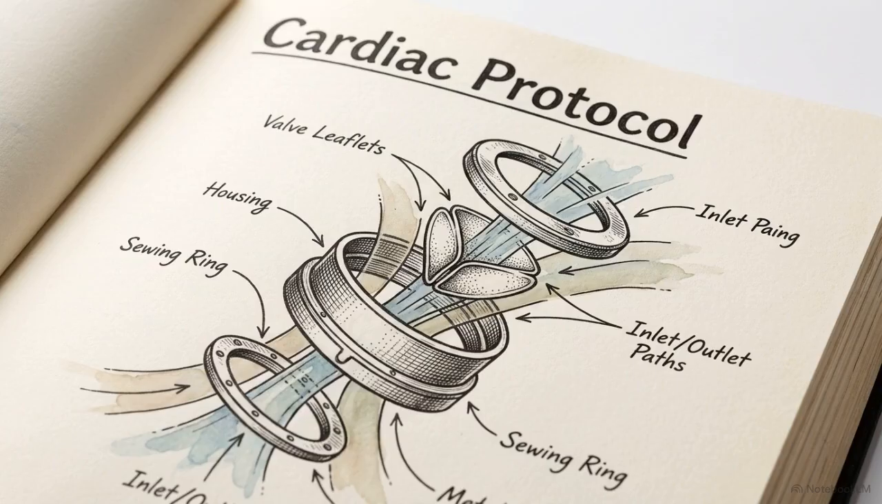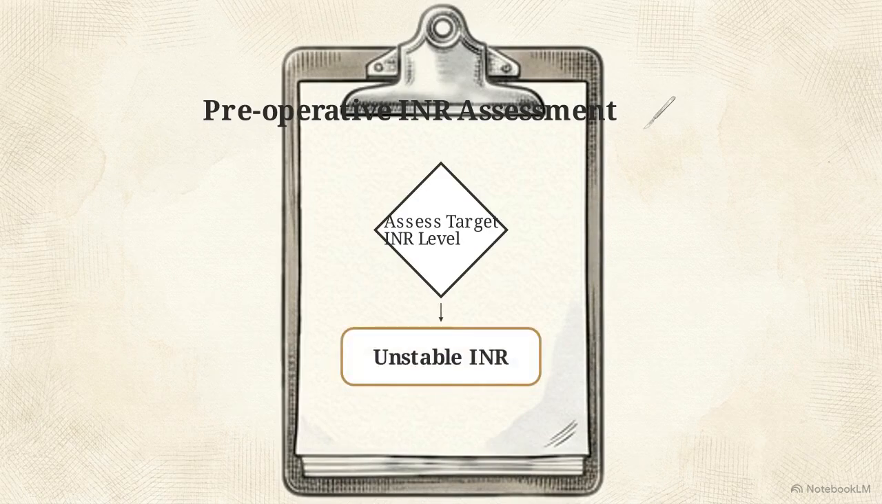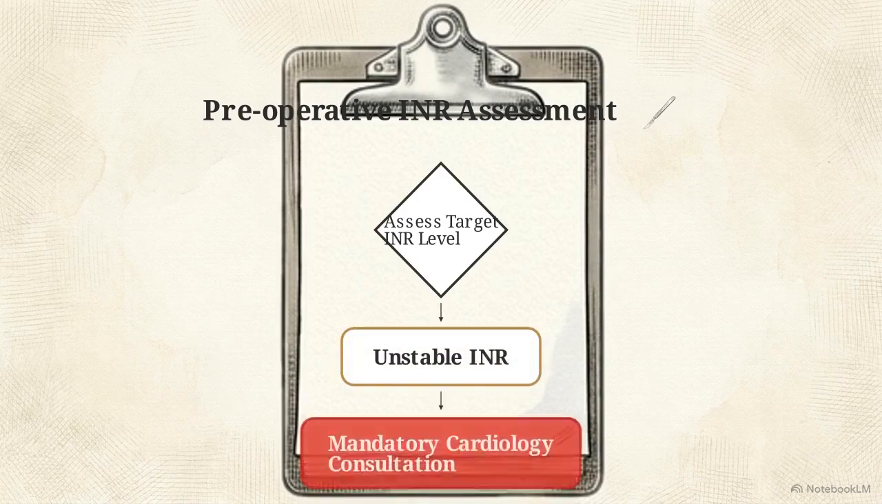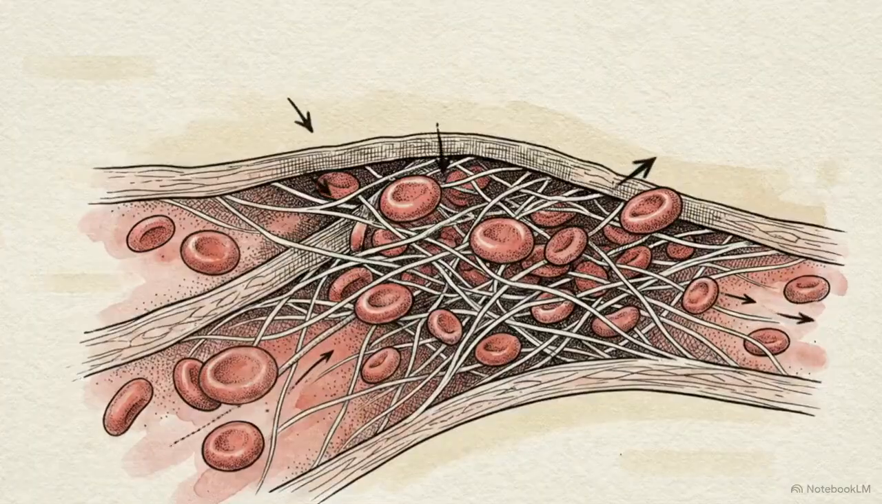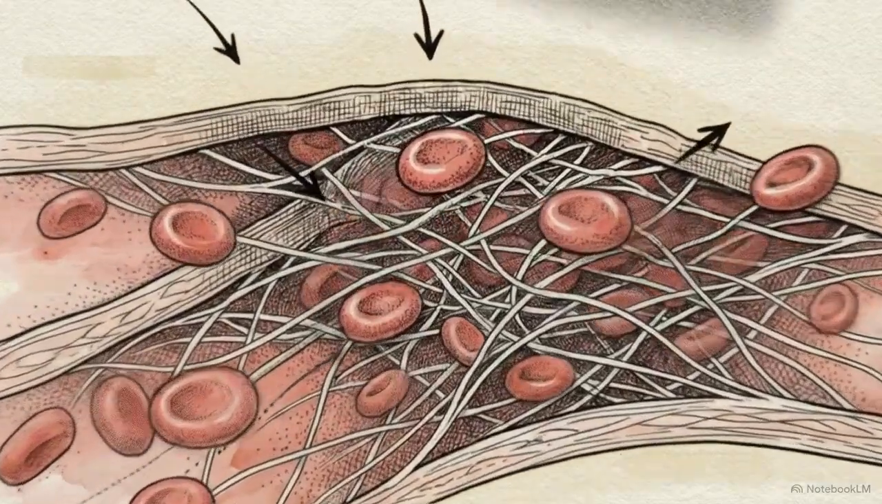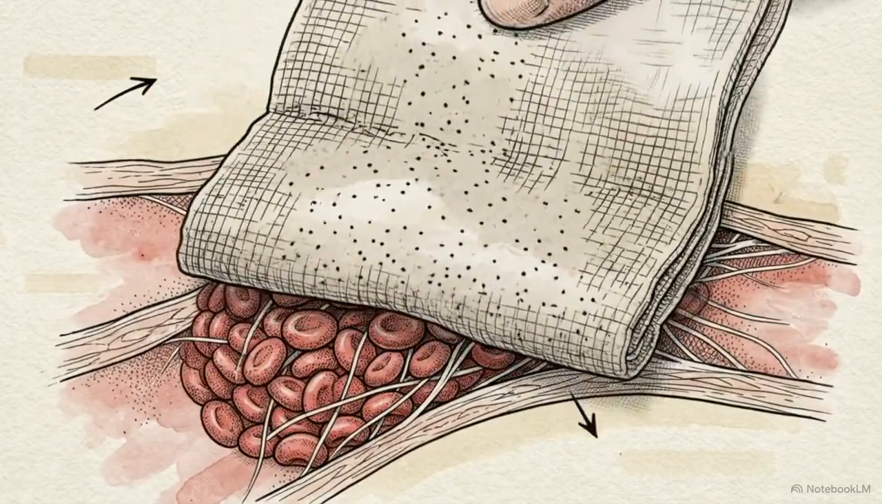Odell Case 44 details specific requirements for a patient with a prosthetic heart valve taking anticoagulants. This flowchart illustrates the decision-making process. The primary step is assessing the patient's target INR level before beginning any minor oral surgery. Certain clinical triggers, such as an unstable INR, mandate a direct consultation with the patient's cardiologist before the medical team proceeds. Management relies on local hemostatic measures, including precise suturing and the application of oxidized cellulose to stabilize the clot